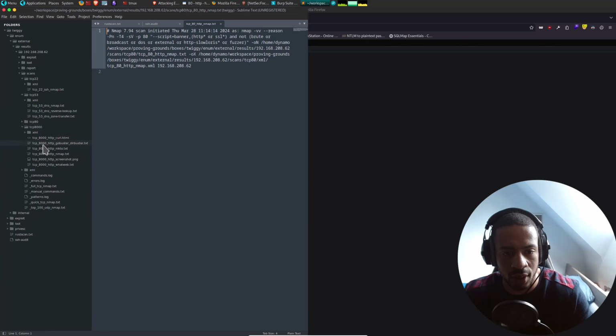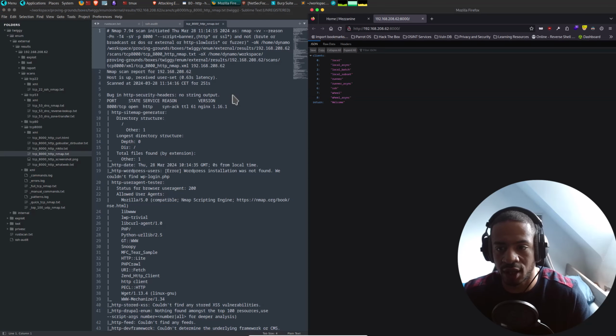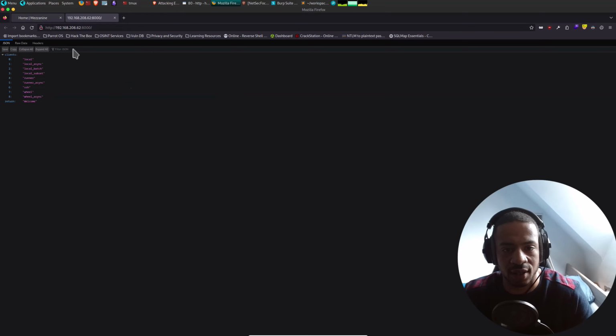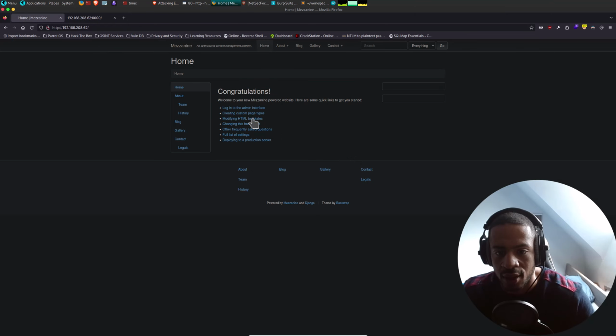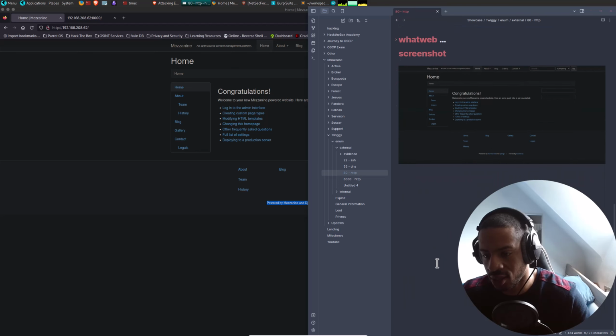Nmap, no, that is taking an awful long time. Okay, let's just get to enumerating the websites and see what we have. So we've got Mezzanine, powered by Django. Let's write that down. So port 80.